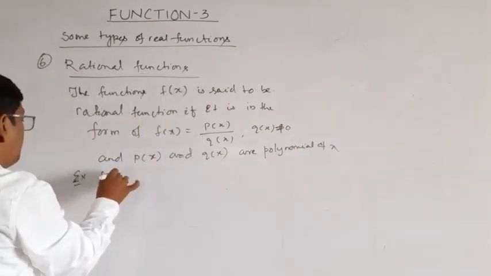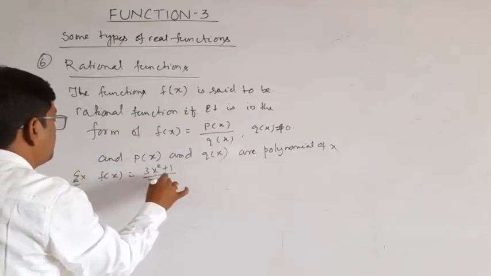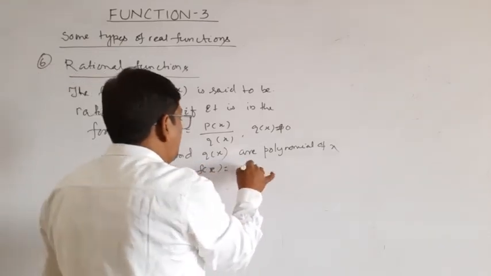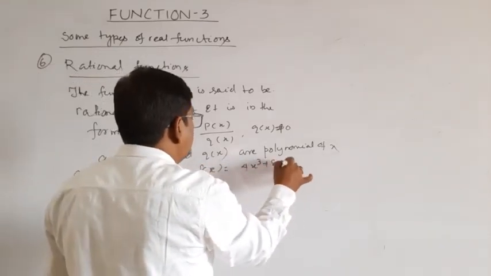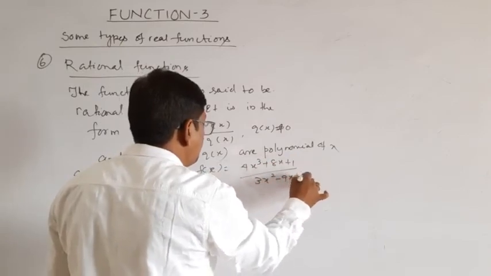Example, f of x is equal to (3x square plus 1) divided by (x plus 5). F of x is equal to (4x cube plus 8x plus 1) divided by (3x square minus 9x plus 6),